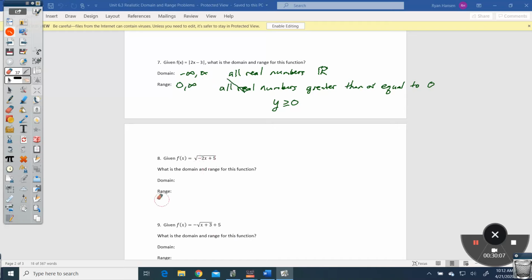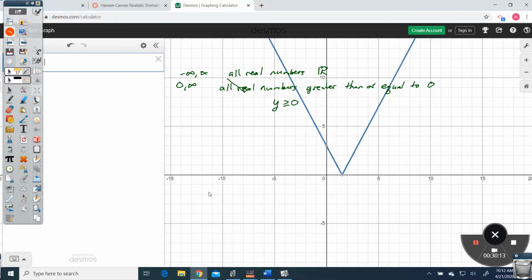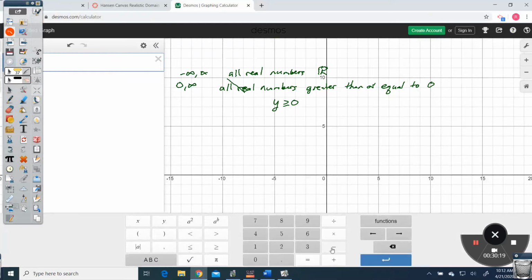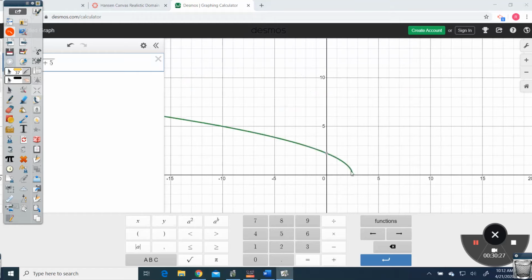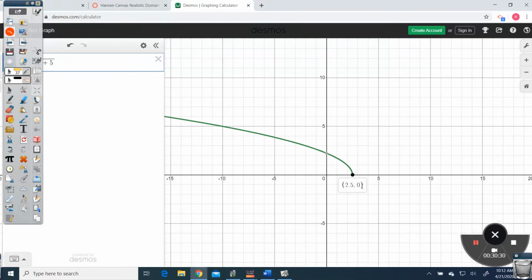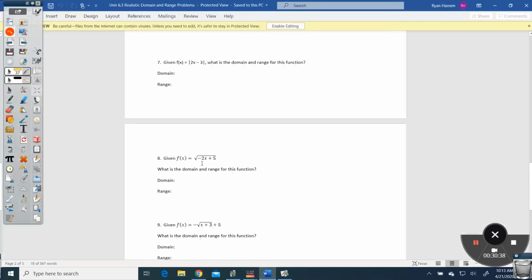Question number 8. Let's go ahead and look at it on a graph. Square root of negative 2x plus 5. So I look at this one, that's at 2.5 and 0, but it never goes to the right of that. And the reason being is we cannot have a negative number inside of here. So negative 2x plus 5, if I plug in like a negative 3, a negative times a negative is a